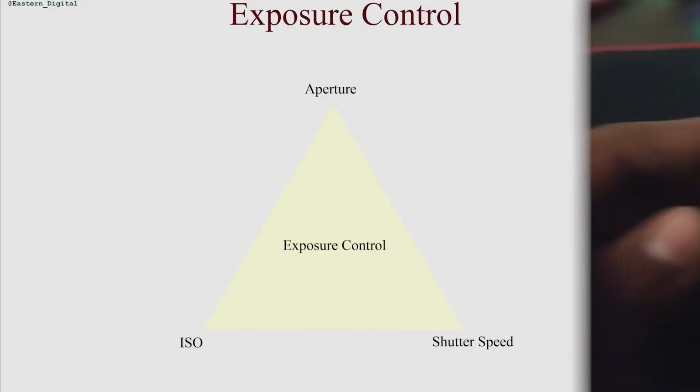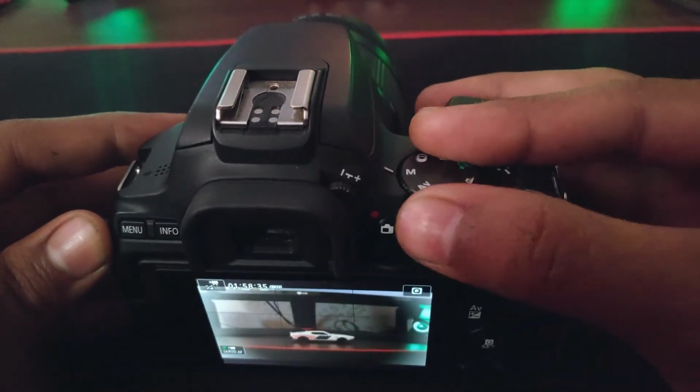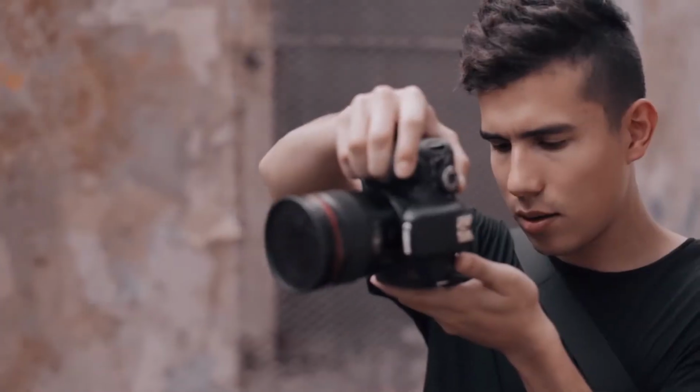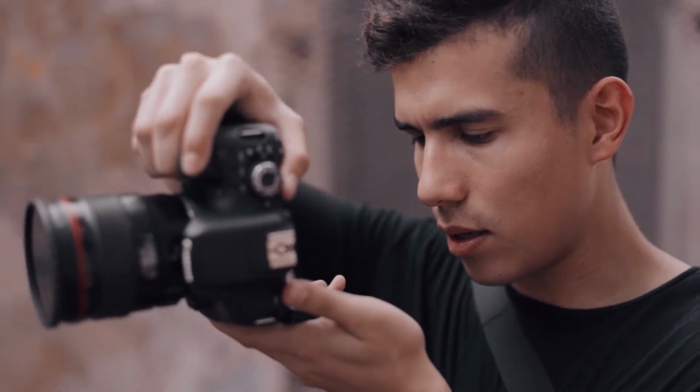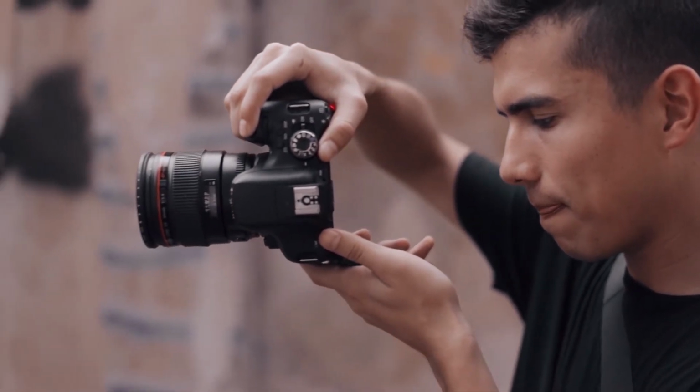Number one is the aperture, second is the shutter speed, and the third one is the ISO. Instead of going for an auto mode in your camera, I recommend you to go for a manual control mode where you will have much more control over your exposure. Manual control gives you full control over your camera, and it is very important to know all these controls before